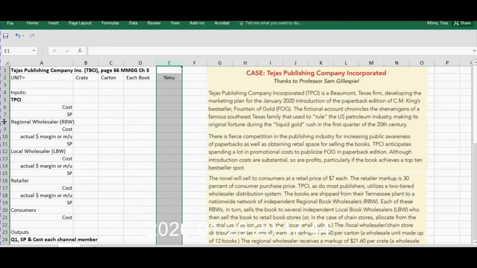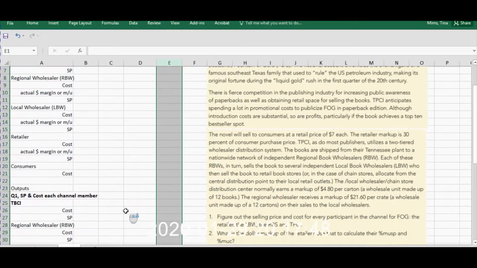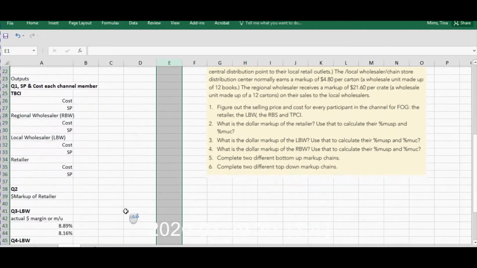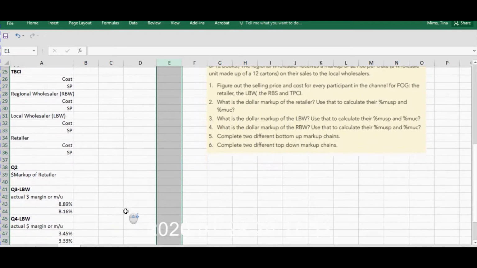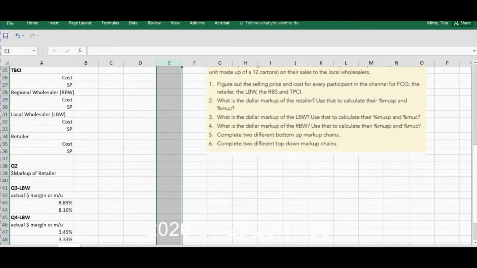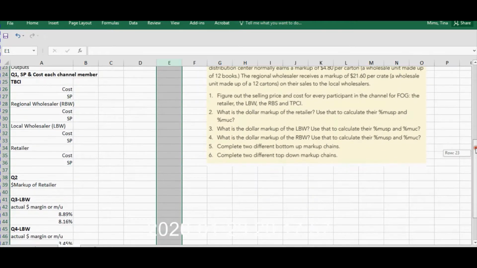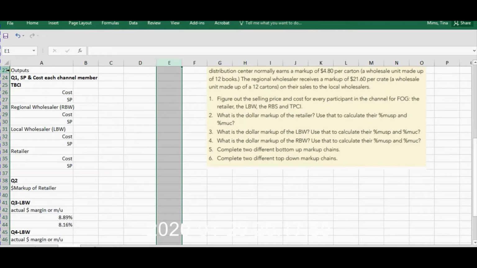Okay, now that you've typed in all of this information and your spreadsheet looks like this, let's go down and I want you to set up the remainder of your spreadsheet. I believe you already saw that we had outputs on A23. Then on row 24, I start putting in our questions. These are going to be our outputs for the case. Question 1. So pause the video and let's get down to